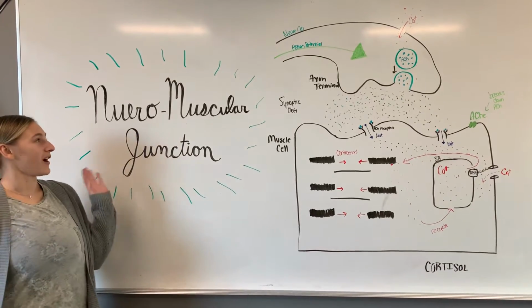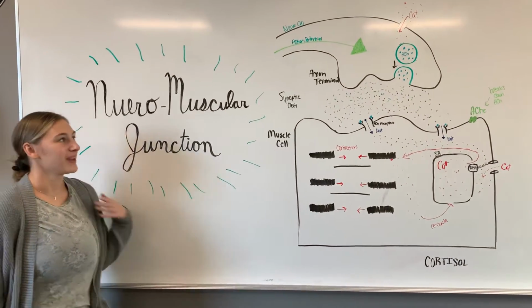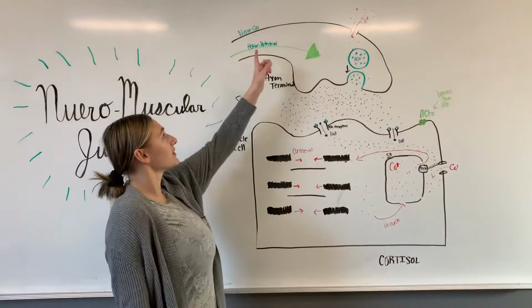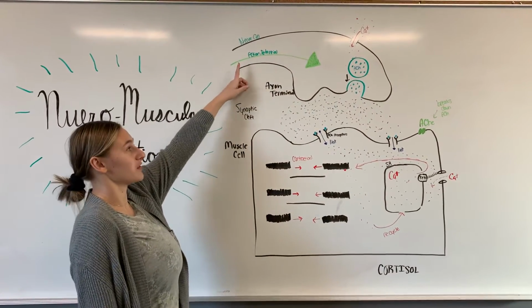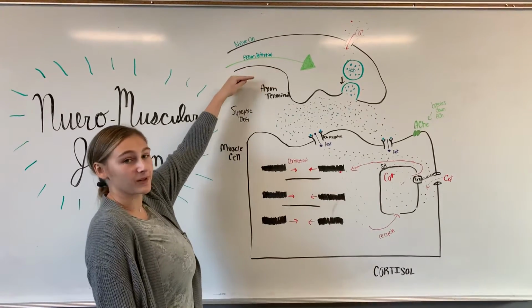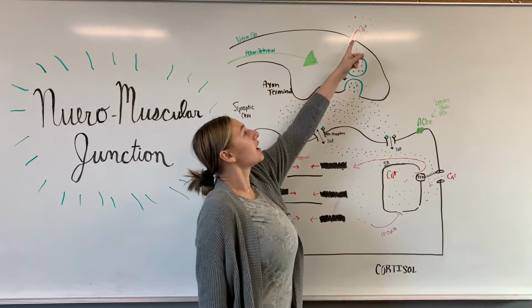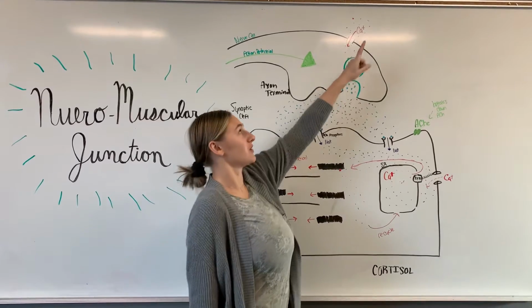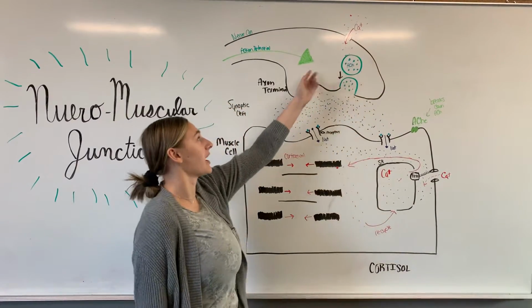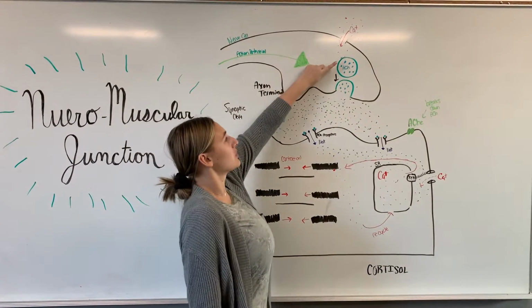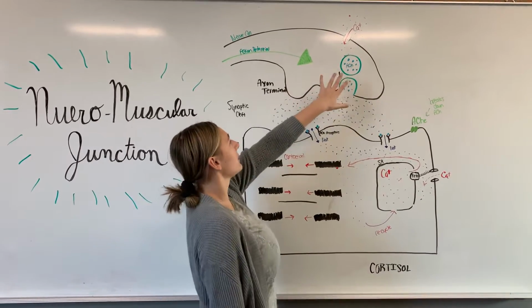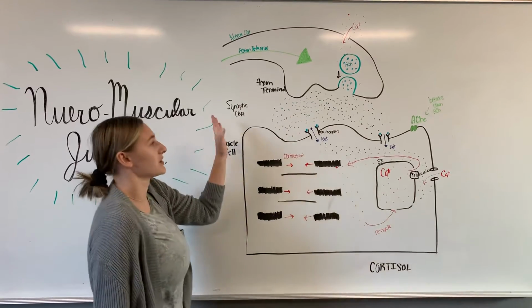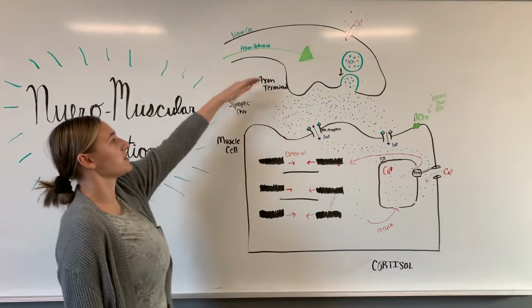So first we're going to start off with the neuromuscular junction. This process takes place at the nerve cell and the muscle cell. When an action potential comes through the nerve cell and hits the axon terminal, it's going to cause voltage-gated calcium channels to open up, which bring calcium into our axon terminal, which triggers these vesicles full of acetylcholine to exocytose out of the axon terminal into our synaptic cleft, which is the space between our nerve cell and our